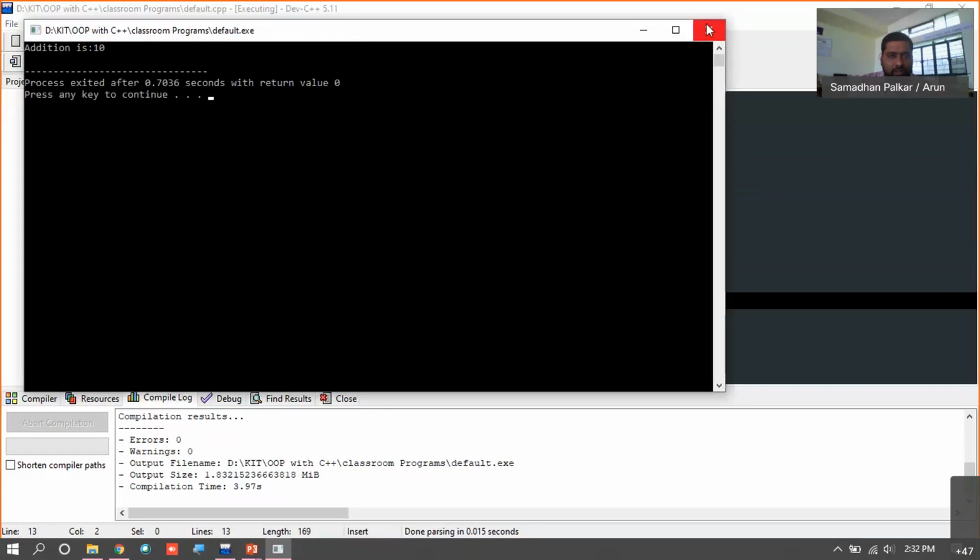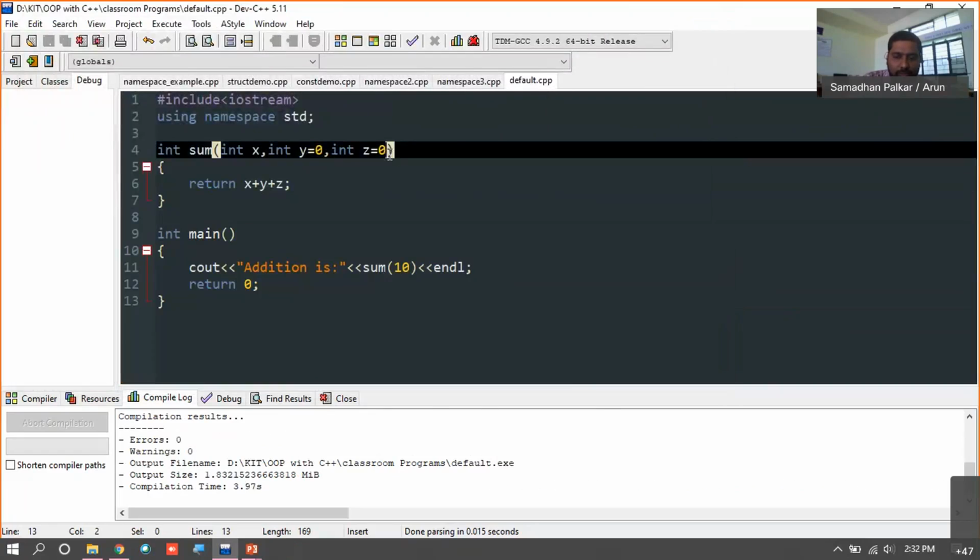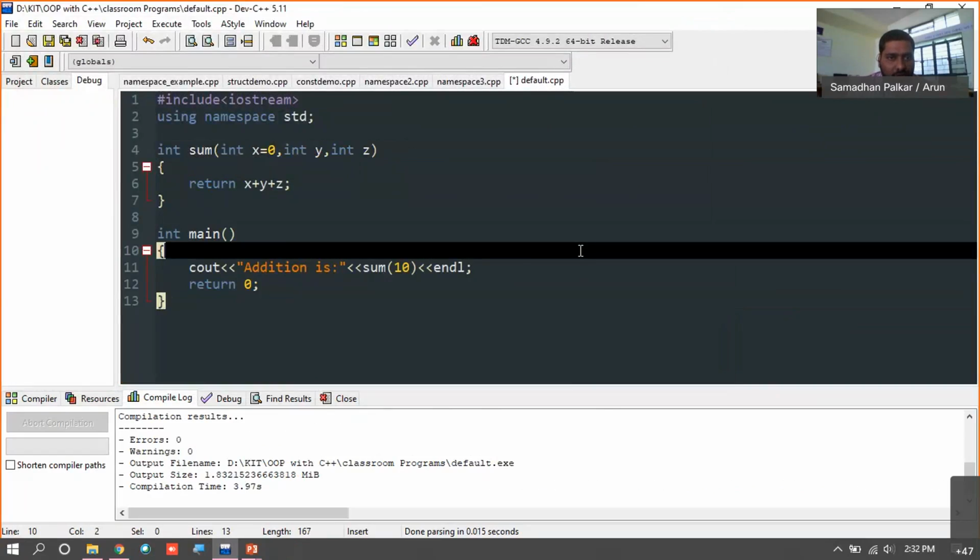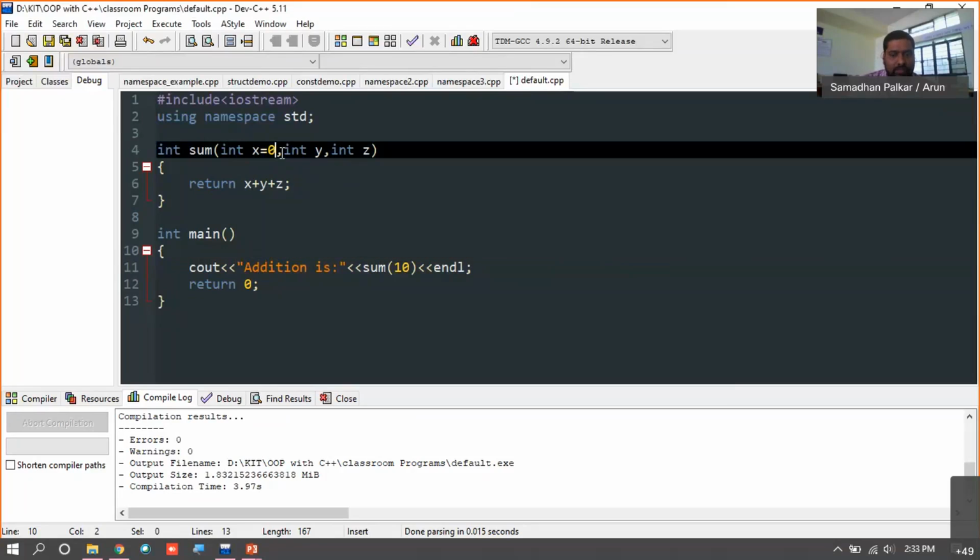Addition is 10, but you cannot write this just like this; it cannot be treated as a default argument. Sorry, you need to pass from right to left order, right? So you cannot pass just like this.